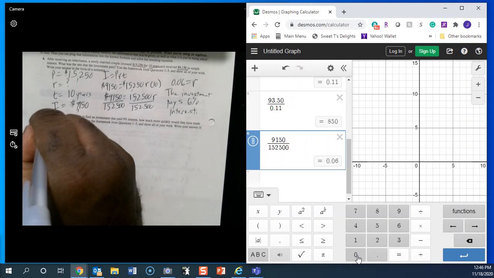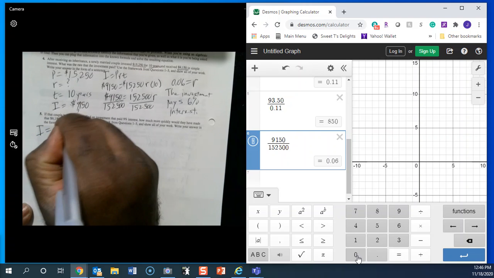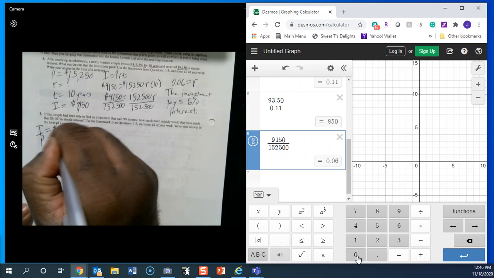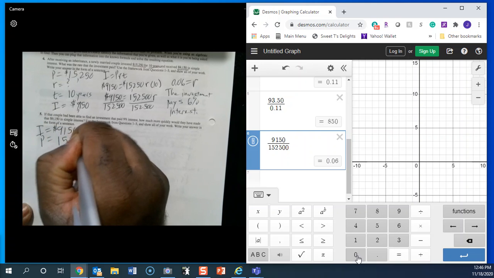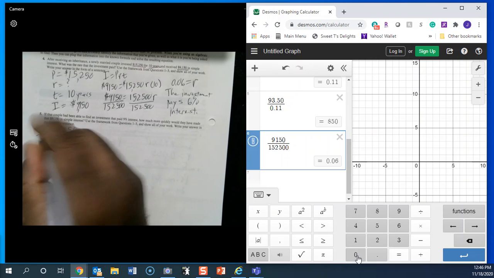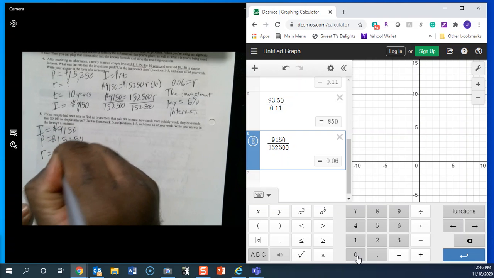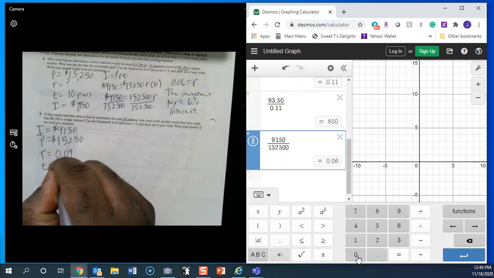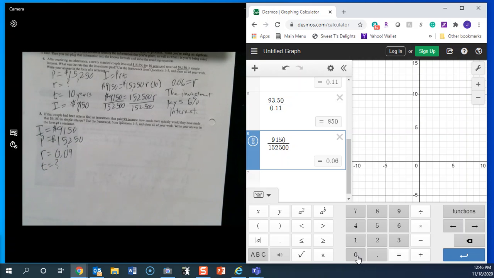Okay, so remember our interest will still be $9,150. Our principal would still be the $15,250. Our rate is given to us at 9%, but our time we don't know because we want to figure out how much faster that we would get this